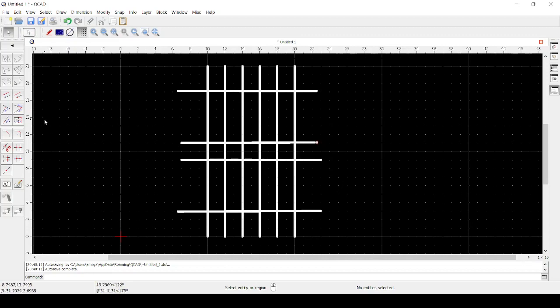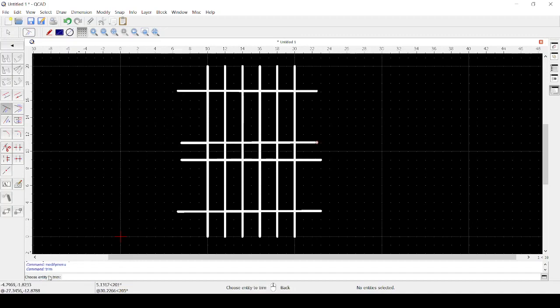Okay, so the trim command you will find in the modification tool. You can just click on the modification tool, then go to the trim command. The trim command shortcut is RM. As the name suggests, it will ask the first question, that is, choose limiting entity. If I select this as a limiting entity,